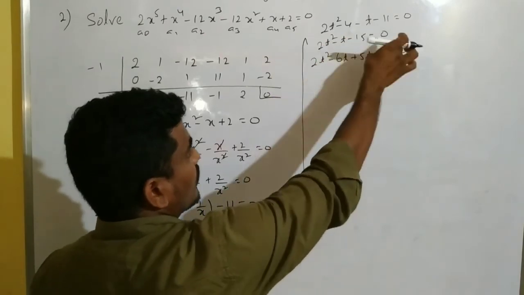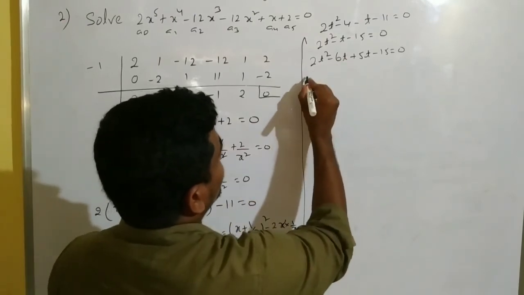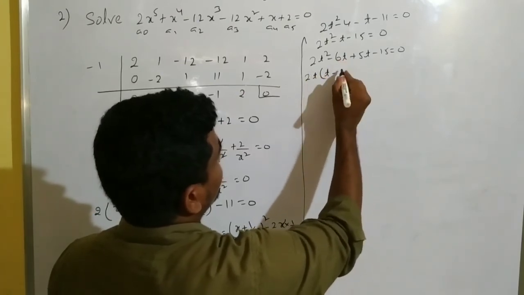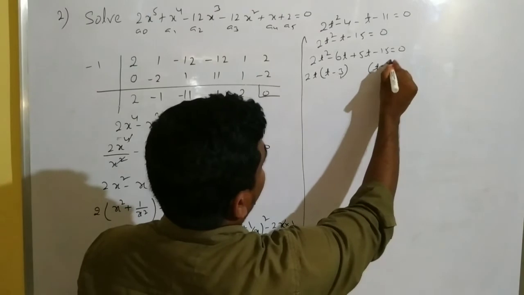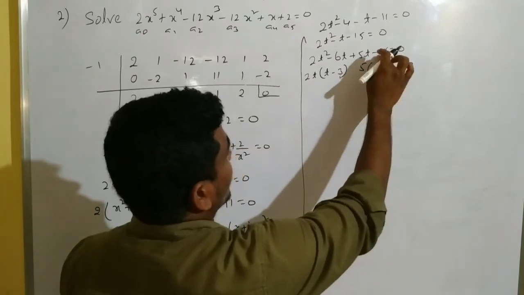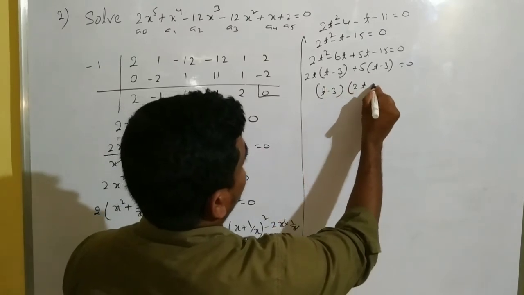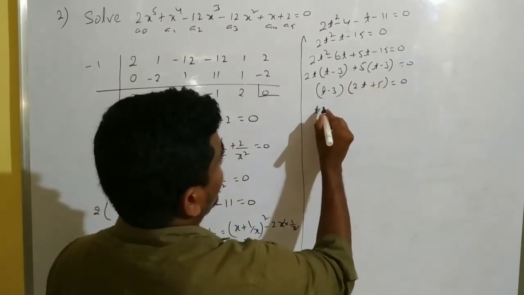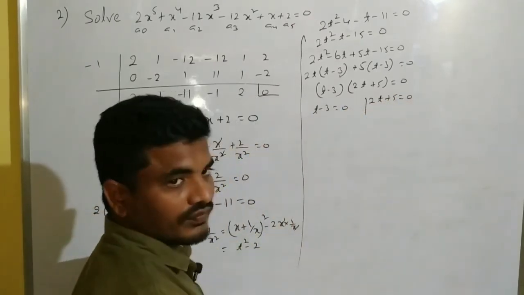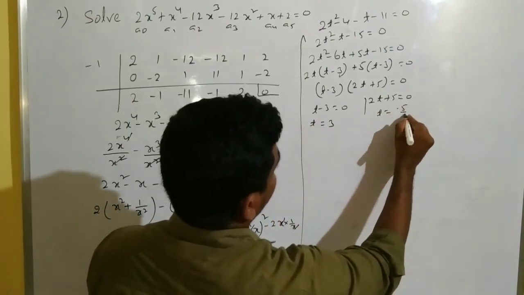The product of the first and last terms. Okay, when you factor these two, 2t is common, then one more t is left here, and here 3 will be left. Same as this, t minus 3 I am taking here. In 3 times 5, minus of minus plus it comes. t minus 3 of 2t plus 5 equals 0, so t minus 3 equals 0, and here 2t plus 5 equals 0. Next t equals 3, here t equals minus 5 by 2 we can get.